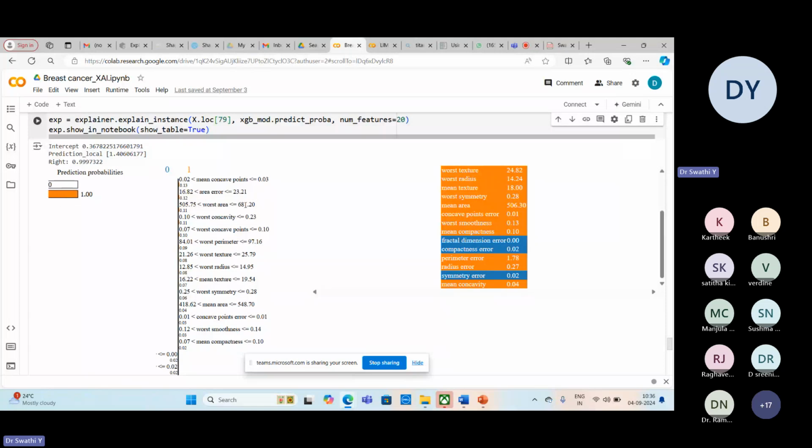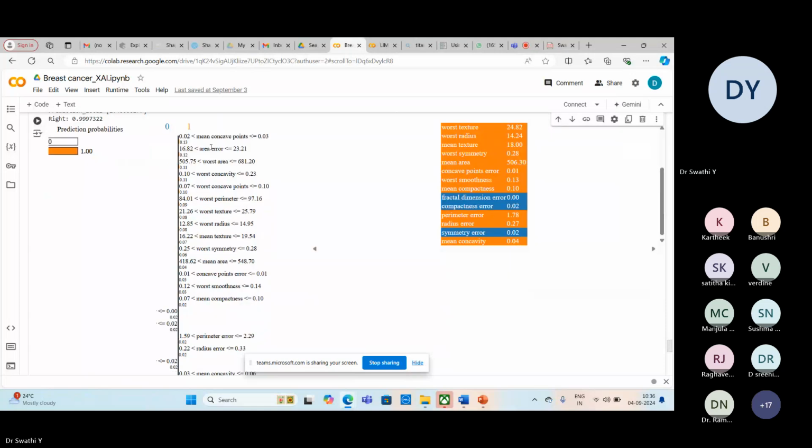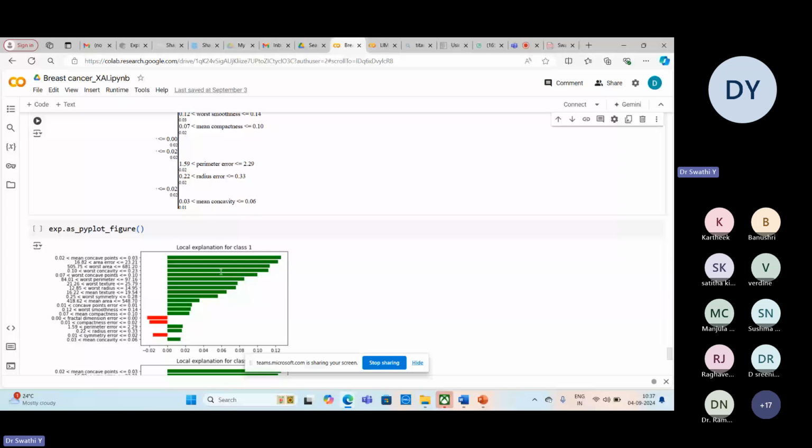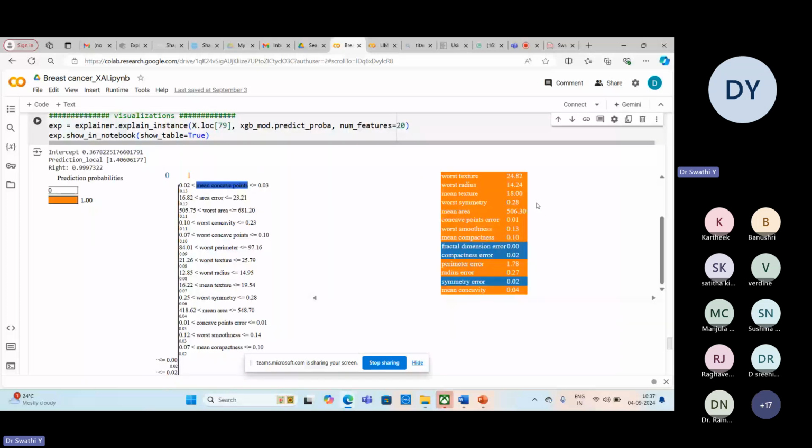And the second thing is, if 1 is having the prediction, based on what feature it is having the prediction. You can see all the values in the range of this. It is giving the values also, which range it is in. So with respect to all the features it is giving, that is the second column you have. And the third column you have is the orange color indicates the 1 and blue color indicates the 0. So which features are contributing to the 0 predictions and which features are contributing to the 1 prediction, that also you'll come to know using this LIME.